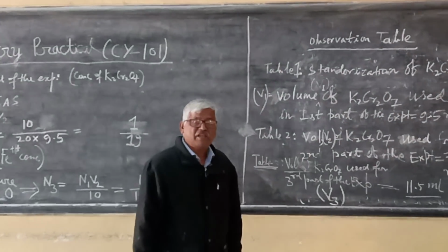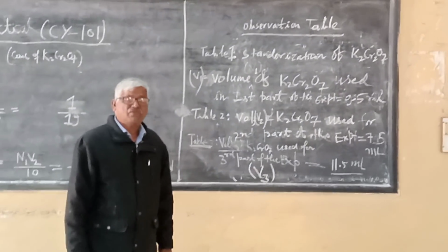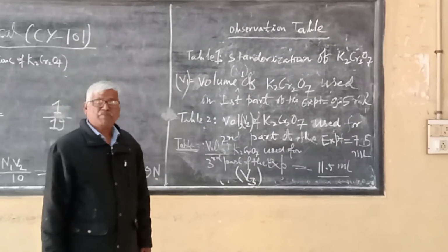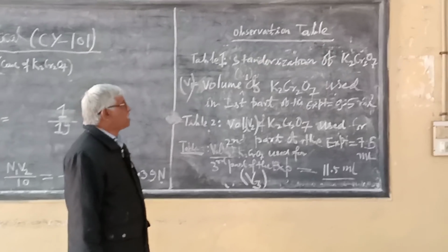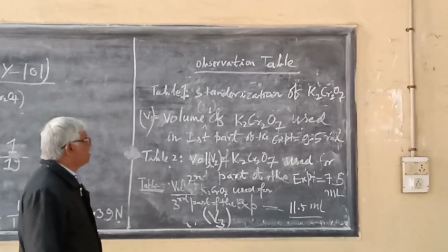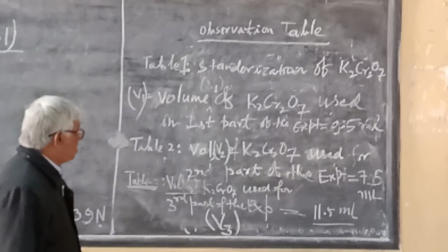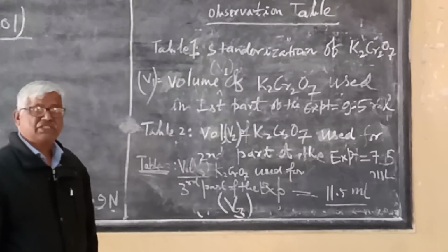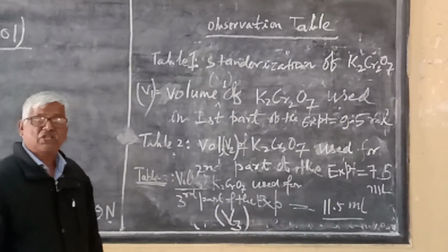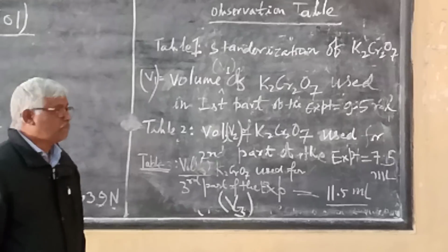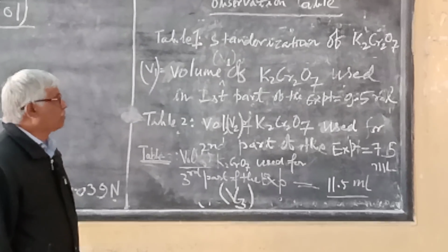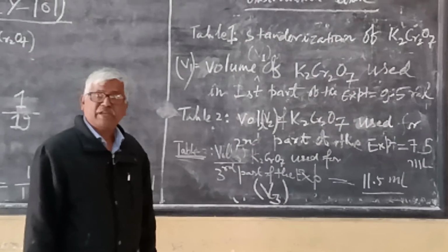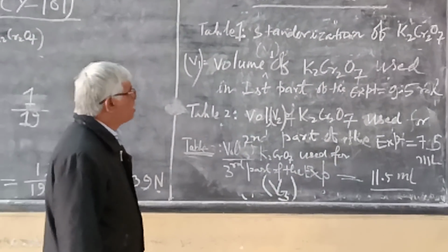We have done the experiment for the calculation of iron 2 and iron 3. There are 3 parts to this: one is standardization of K2Cr2O7, second is the calculation of ferrous ion concentration, and third is the calculation of Fe3+ concentration in this solution. We have done 3 parts of the experiment, and we got the volume of